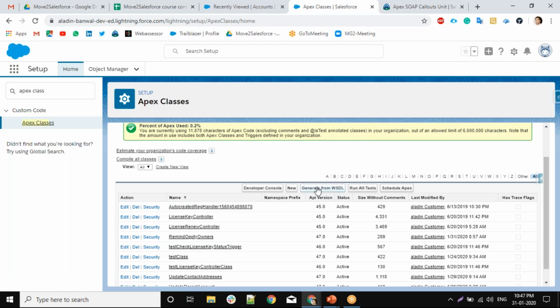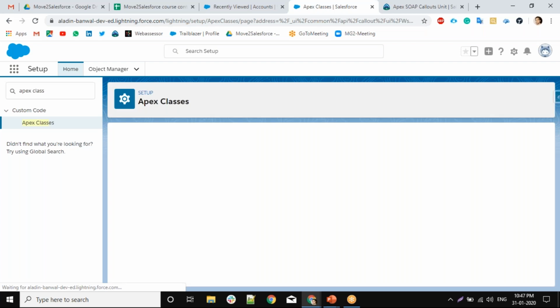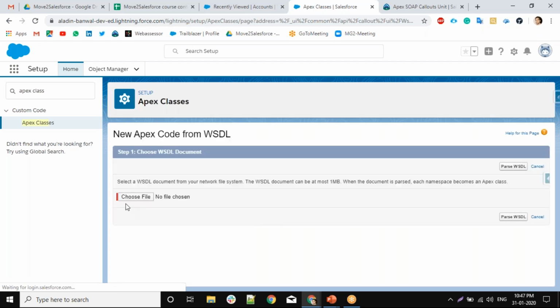You can create an Apex class from this button. Going to Apex classes, you can see Generate from WSDL. Click on that and you will see the enterprise option and so on.